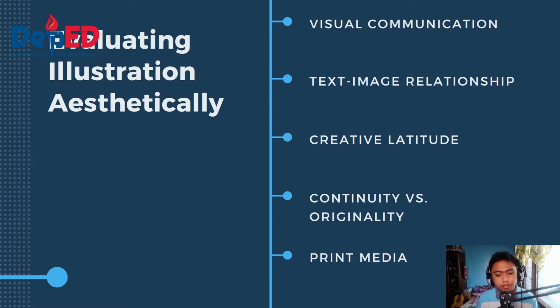And then of course, print media. Okay? We need to check also our work in the format of a print media. Most of the time, our works in illustration in ICT are being printed or sometimes in a digital format. Of course, in a digital format, because it's on a screen, and the colors are very vivid in screens like your monitors or your cell phones, the colors most of the time don't change. But when they transition into printed media, those colors would be different. Okay,